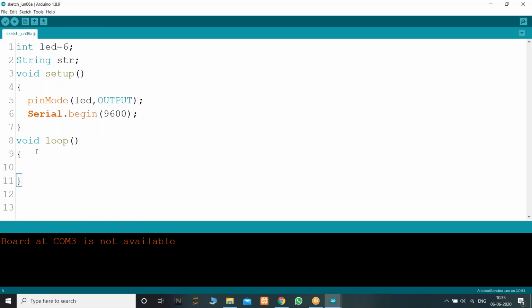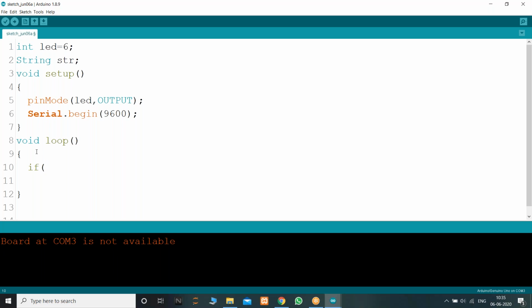Before reading any value, I just want to check whether the data is available to read or not. If there is data available, an ASCII value is generated and it is greater than 0. If there is no data available, there is no ASCII value generated. So for the first condition, whether the data is available or not, I'm using this if condition. If the data is available, I'll proceed further.